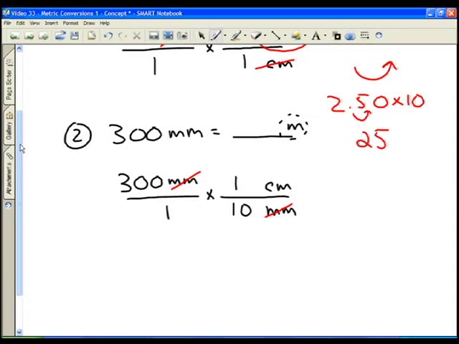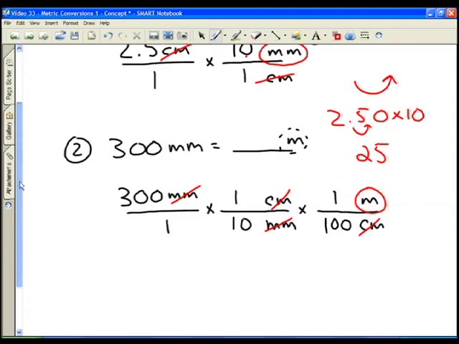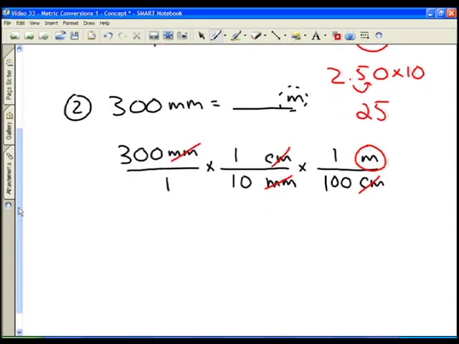And now I want to get rid of my centimeters and replace it with meters. And I know that there are 100 centimeters in 1 meter. And now my centimeter units cancel, and I'm left with meters. And so now, again, the really nice thing here about the metric system is, here I've got 10 and 100, so I have a total of 3 zeros. 10 times 100 is 1,000, and so really I've got